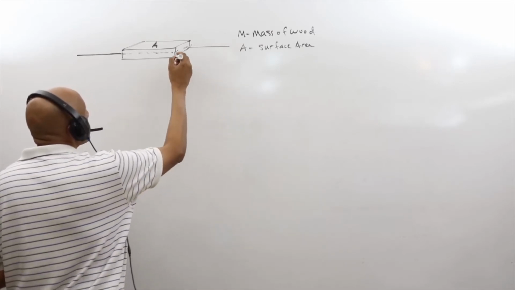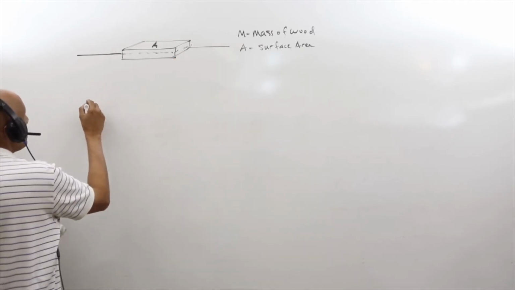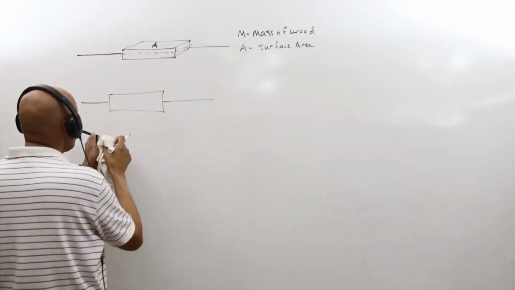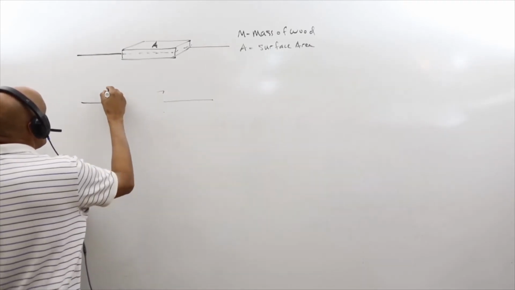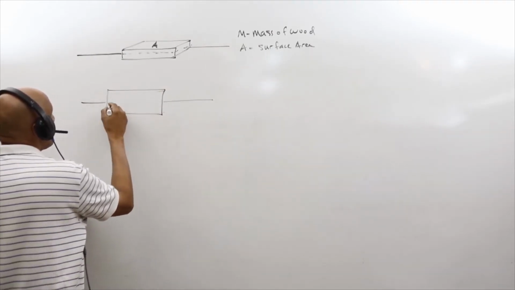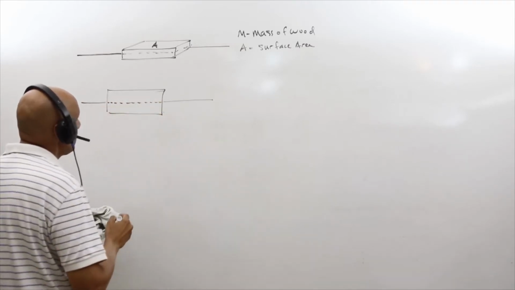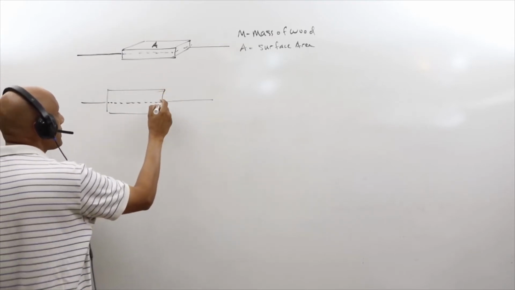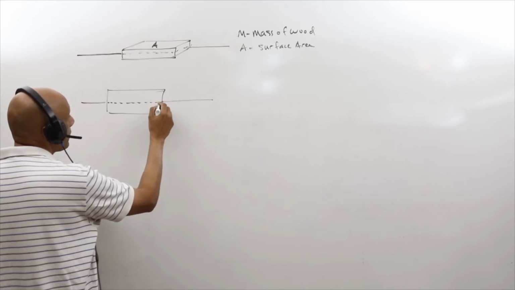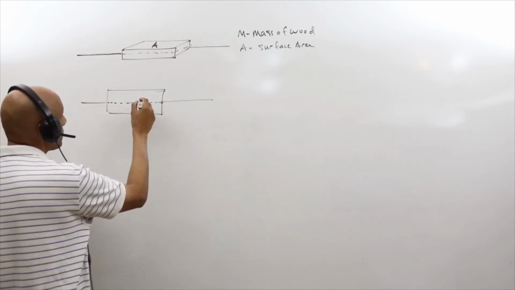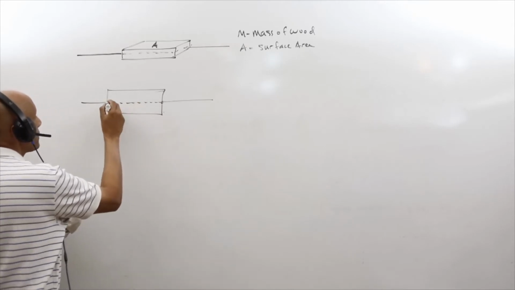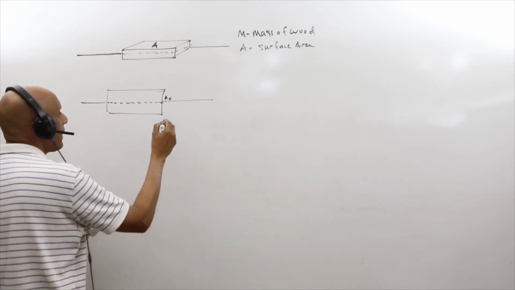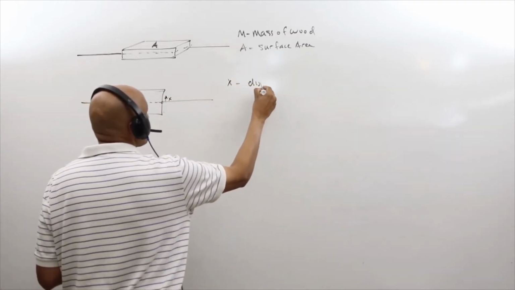So I'm going to make an assumption that if I look at the side view of this, here's the box, here's the wood, side view, and I'm going to assume that the wood is floating and a portion of the wood is underwater, a portion is above the water. I'll take that point marker, the point where the surface of the water hits the wood. We'll just put a little dash on it. Assume that if it moves up, then I'll call X the displacement